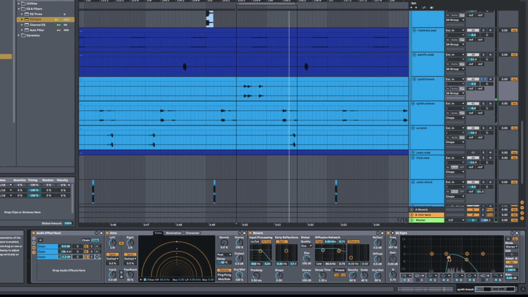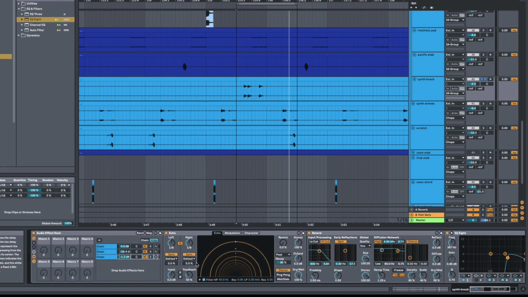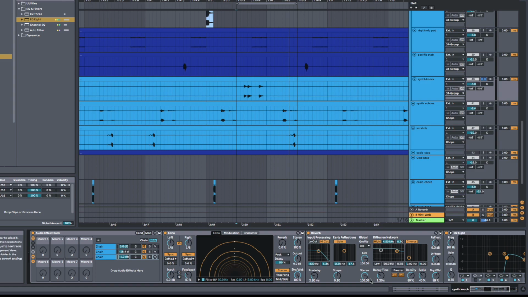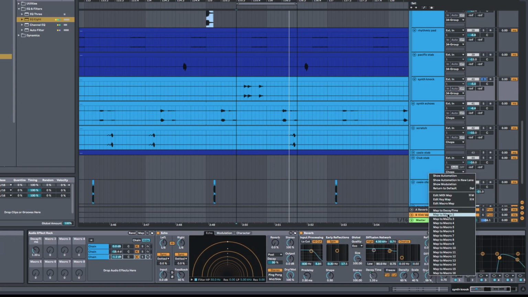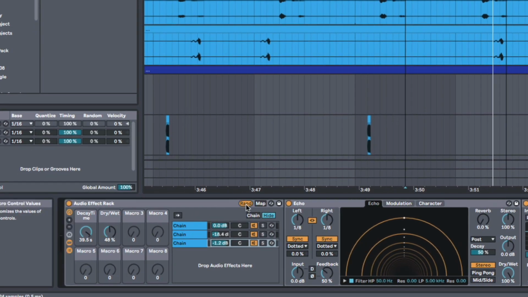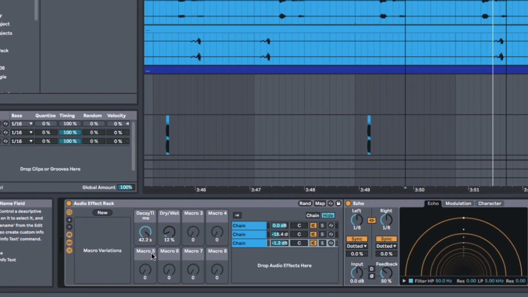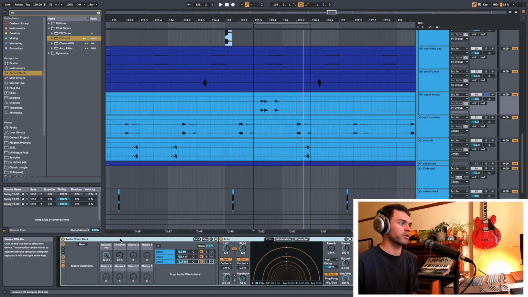So using Command G and chains as a processing tool is super useful. We also have access to macros in here now as well. So I can assign anything that I want to macros and just get tweaking and start randomizing as well, and then adding macro variations. Audio effect racks and instrument racks just allow us so much more creative potential just by the use of a